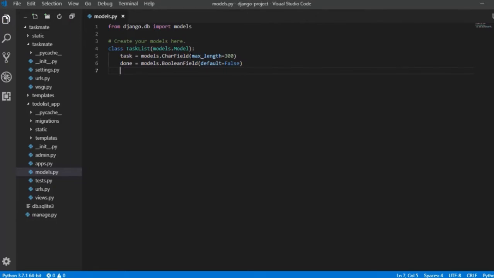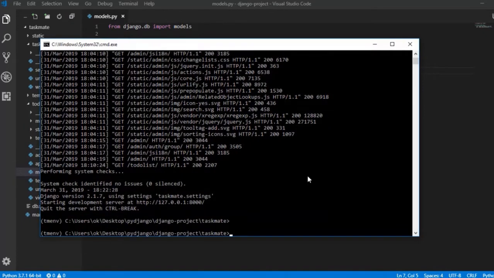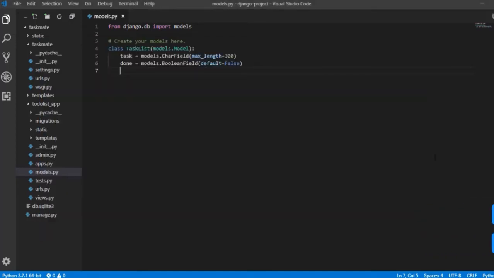Now after creating your model, you have to talk about migration because this is currently only in our file. We need to do migration to get these fields in our database. So migration would be followed with two steps. First, we need to run our command make migration, and then we need to run command migrate. We will be following both the commands in the next lecture.